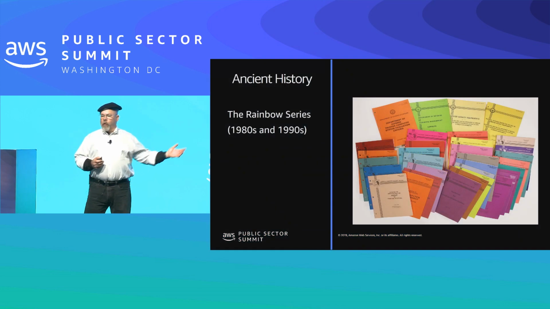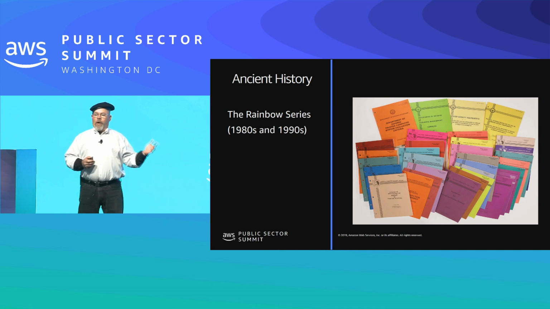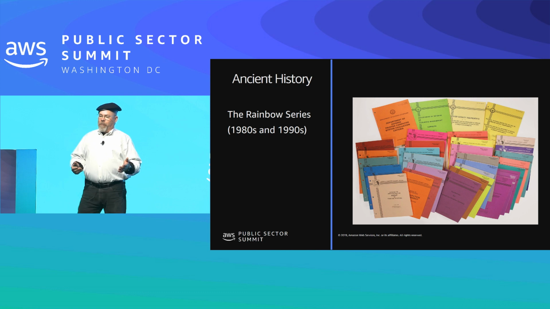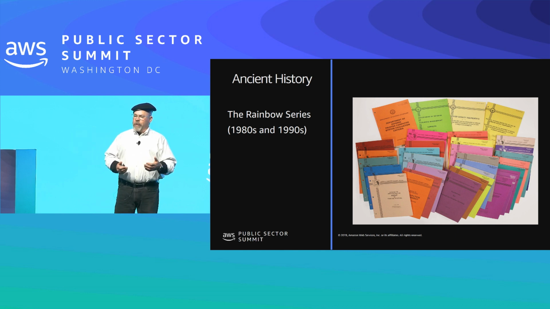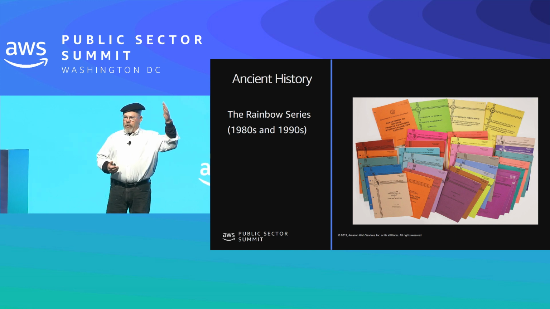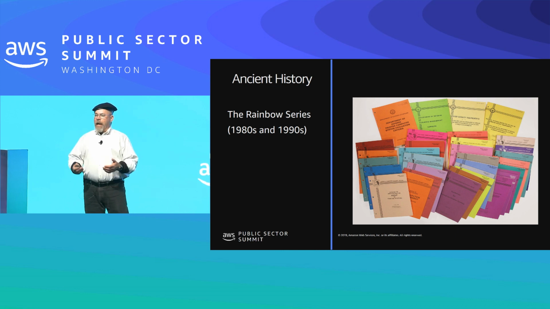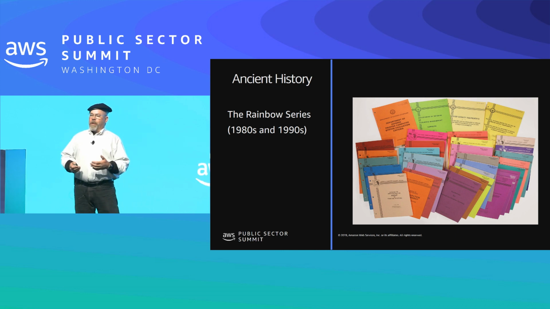So we're both old guys, so we go back to what's called the Rainbow Series, right? And I think somewhere in my basement are all these books. But the Orange Book was near and dear to my heart. The Orange Book is in the upper corner there, and that's where things like C2 security is defined. Anybody here familiar with C2 security? Anybody? Yeah, you're all old, like me. So that was just the reality of computer security back in the 80s, early 90s.